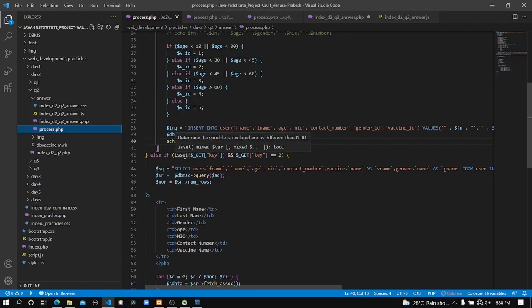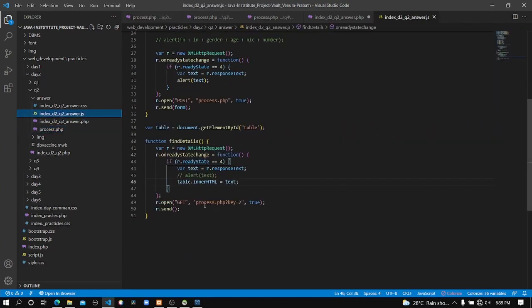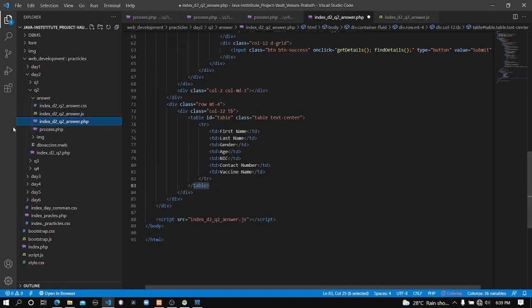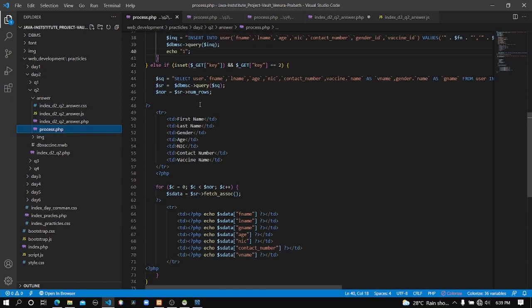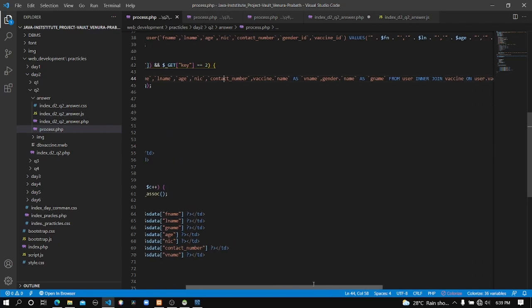And in the second part, you can see we are sending the key using the GET method, and the value of the key is equal to 2. Let me show you. You can see the GET method and the value is number 2, and that means it will execute this part of the code. You can see in the first part there's a select query. It will select these attributes from our table,